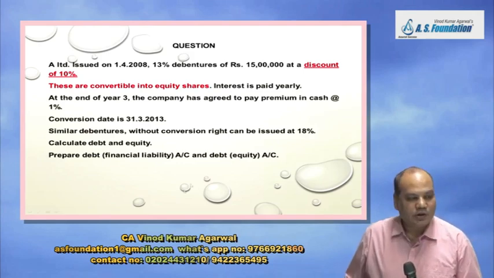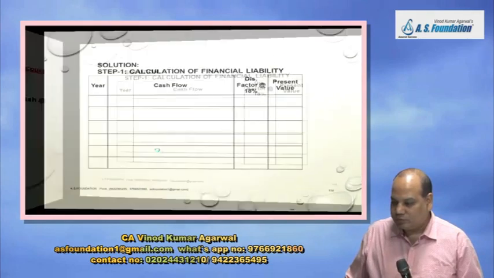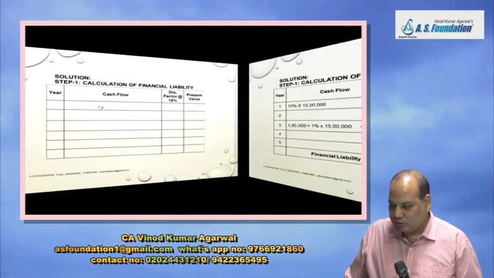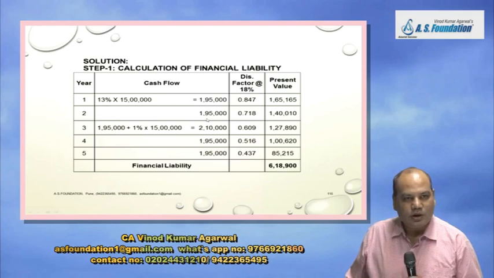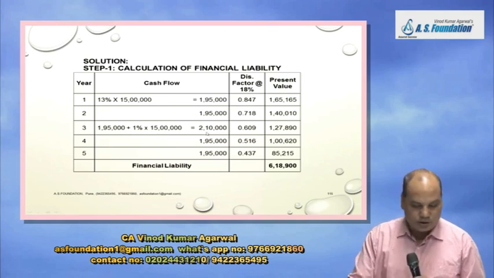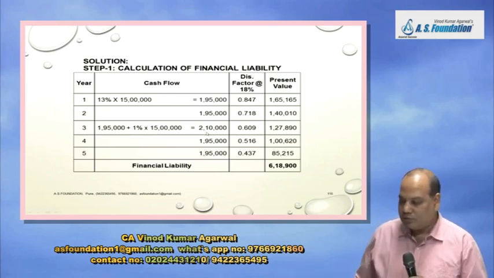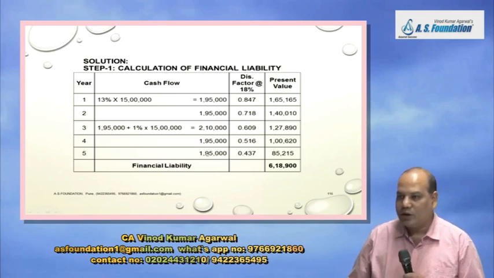Okay, first we'll check the answer. Time over. Year 1, 2, 3: have you taken 1,95,000 interest? And in year 3 you also take 15,000 rupees, 1% extra that they have to pay. Done. Fourth year, fifth year again 1,95,000. Discount at 18%. Present value approximately comes to